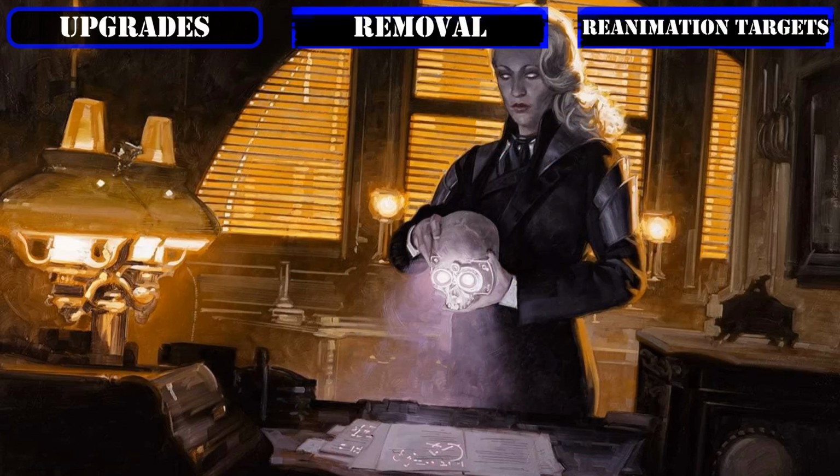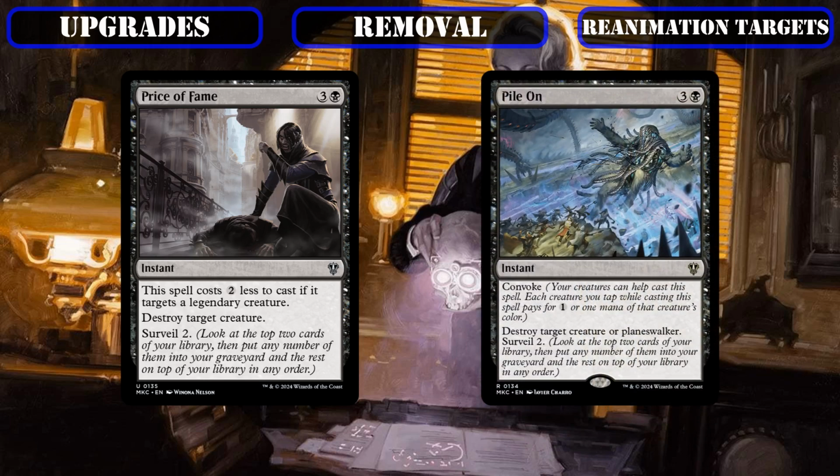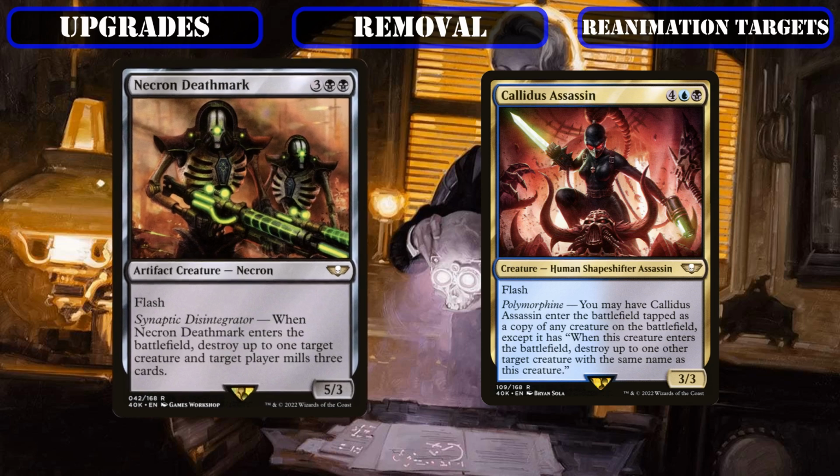Then taking a look at the new creatures that will be surveilling into the bin to be reanimated, we'll kick things off with some new sources of removal by replacing the surveilling removal spells Price of Fame and Pylon with the flash speed removal creatures Necron Deathmark and Caladius Assassin, which may not surveil when we use them, but offer us the flexibility of using them as flash speed removal if we draw into them, or as removal on a body that we can reanimate if we surveil them into our graveyard,